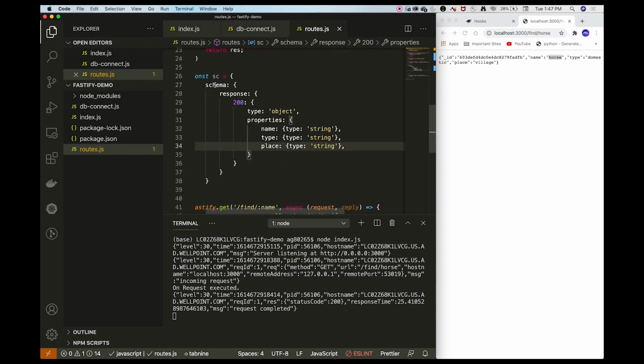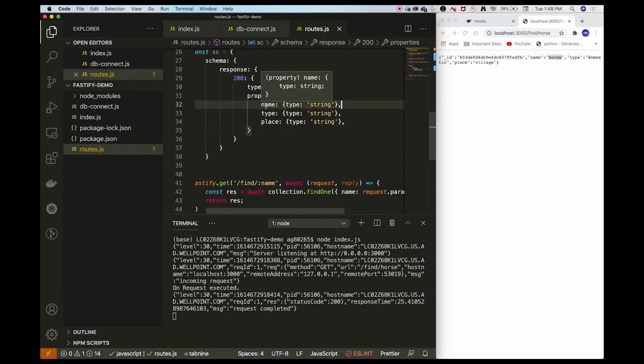So now what this schema defines is, our schema will contain an element with type object, and this object will contain these properties. So this object will contain 3 parameters: name, type and place, and we have also defined a corresponding type to these elements.